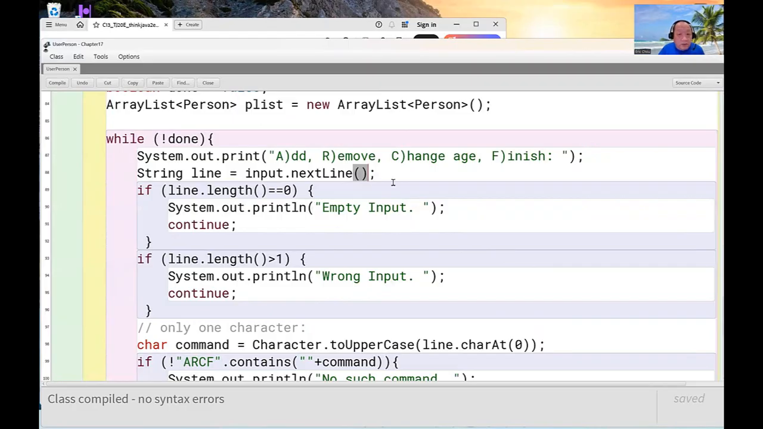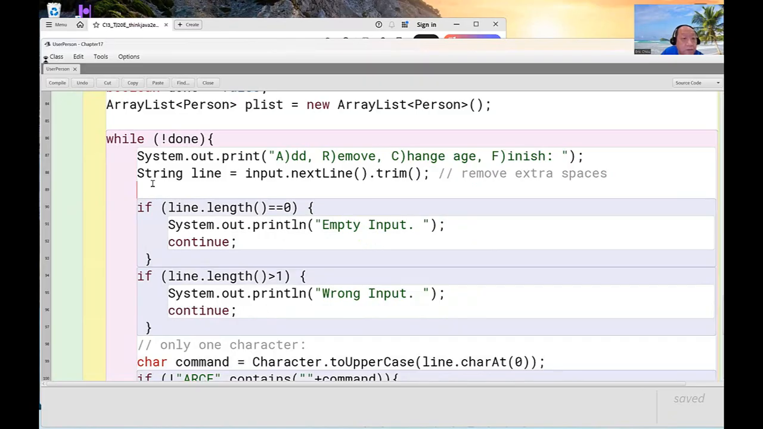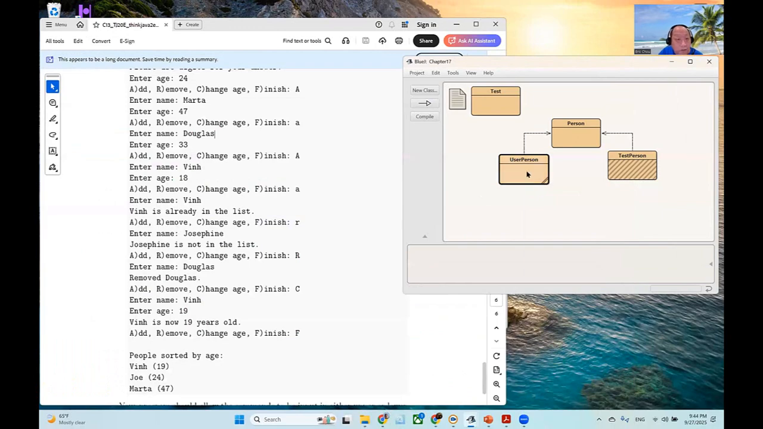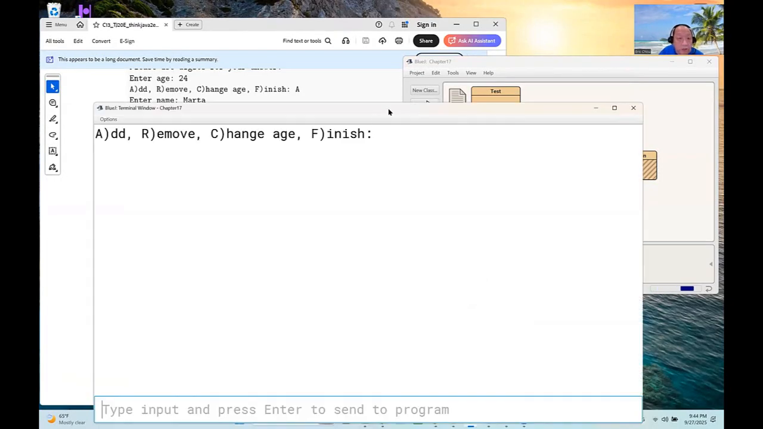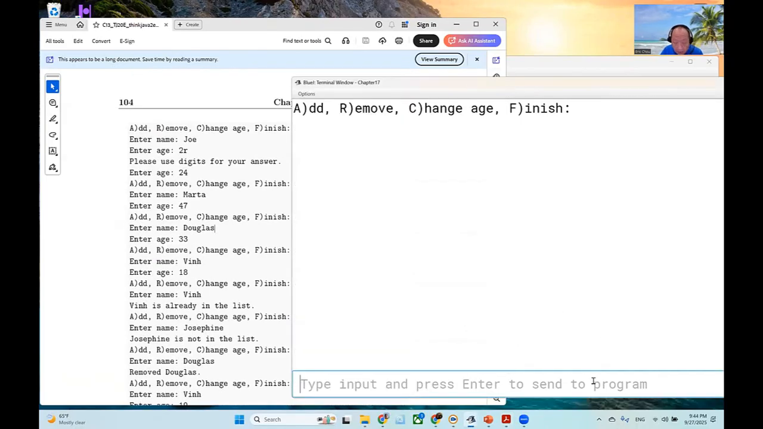Right here, I need to do 3. Because if my age has a space, that will be in trouble. So this one, remove extra space. You know, these are minor things, but still need to be careful, okay? So need to have patience. It's easy to get wrong somewhere, but you need to always